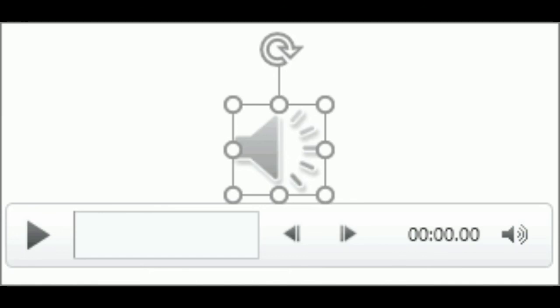Once you click on the Clip Art Audio option, the Clip Art task pane will appear, and from that you have to select the audio clip that you want to insert. You double click the audio clip from the list. When the audio clip has been inserted, an audio icon will appear like what you see in this picture. You can click and drag it to any location over the slide, and during the presentation, to play the sound, you have to click on this icon. So this is how you can add an audio clip to a slide.